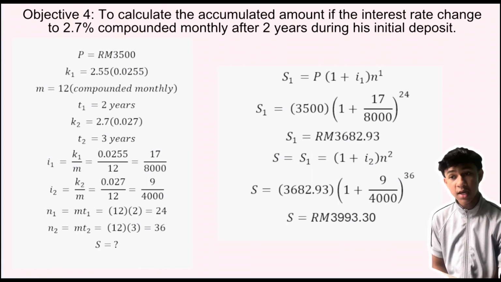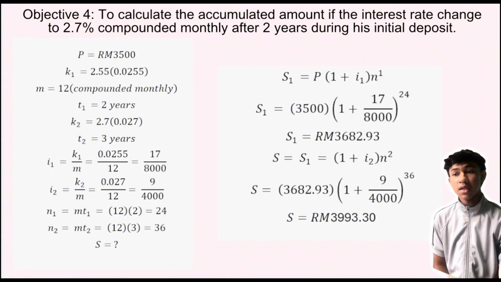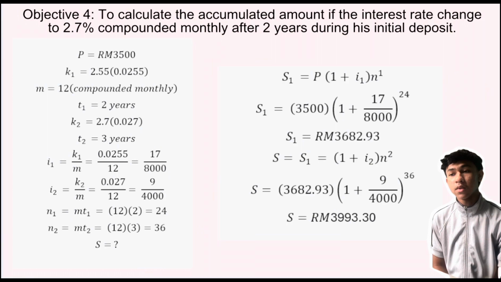The next formula is S equals S1 times (1 plus I2) to the power of N2. S equals 3,682.93 times (1 plus 9 over 4,000) to the power of 36. S equals RM